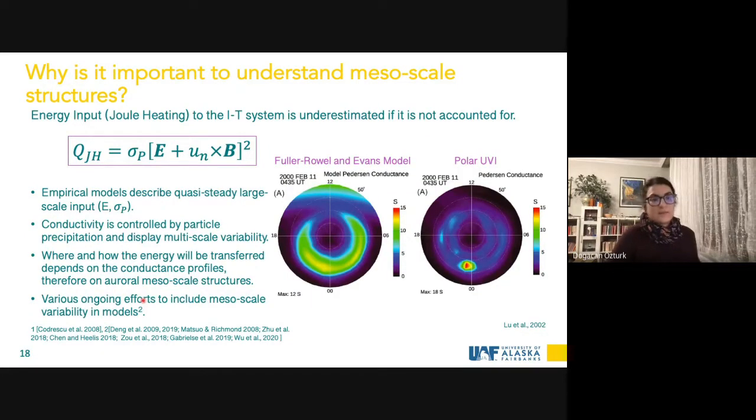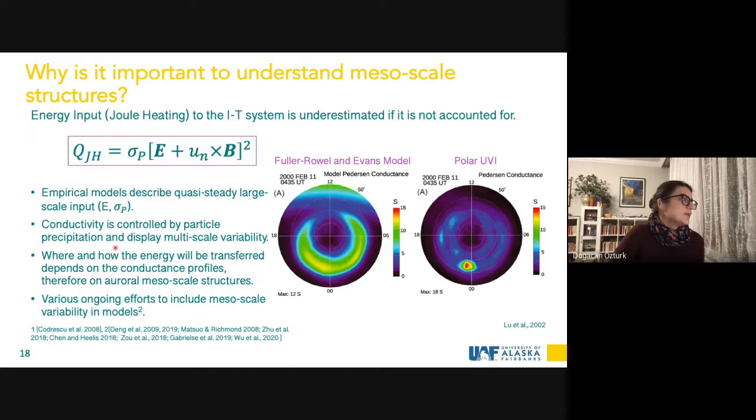As for the particle precipitation part, here is the Fuller-Rowell and Evans model, which takes the hemispheric power index into account to come up with the Pedersen conductance profiles, which is the sigma P component. And here you can see the polar UVI measurements and the Pedersen conductance inferred from them. As you can see, they can be very significantly different from each other. So while these empirical models describe the quasi-steady large-scale input, by lacking mesoscale variability, where the energy is going to be inputted can also